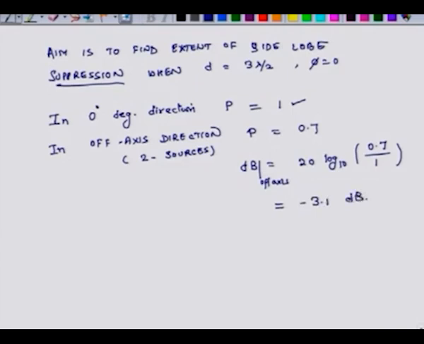Next, we look at the off axis SPL when we have this whole array, and because of this we have a very large number of sources. So, in off axis direction, that is when we have n sources and n is large, and that equals pressure